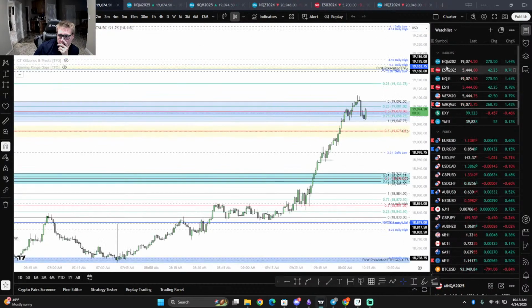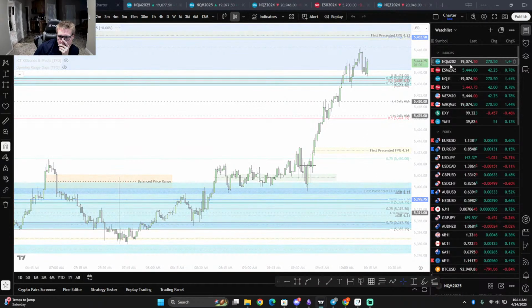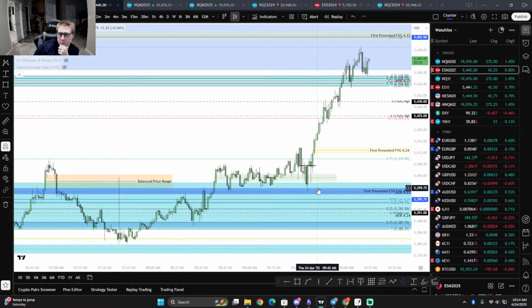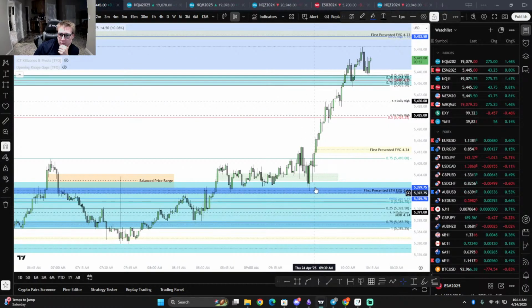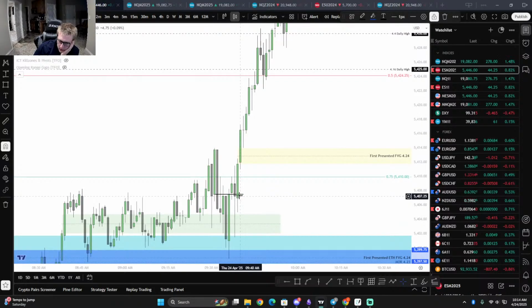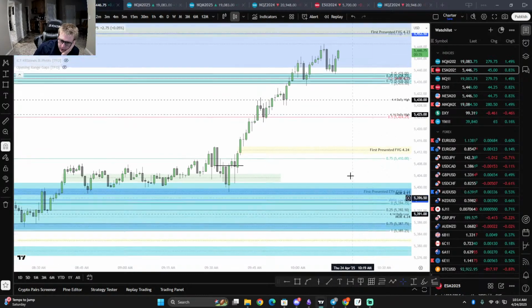Also a midday opening range on ES that we're trading in. Notice that first presented electronic fair value gap. That was very nice, a very nice array to tap into, and then we have that imbalance again. It's beautiful. And then notice how this up close candle gets used here as discount, and then we just trade, it displaces higher.